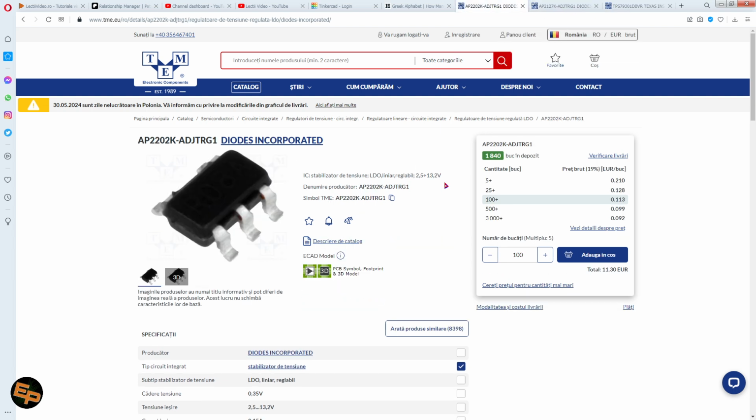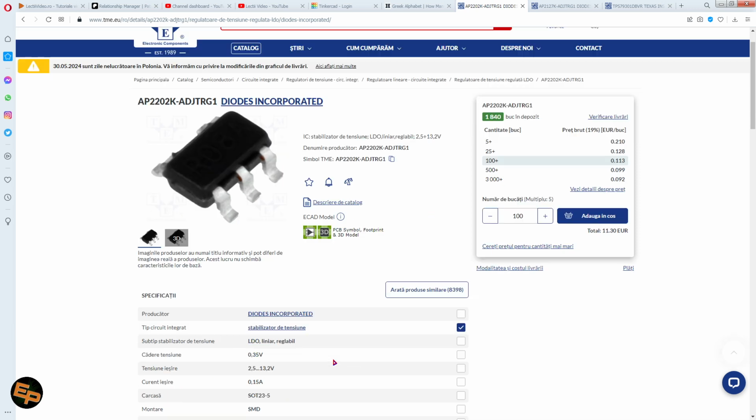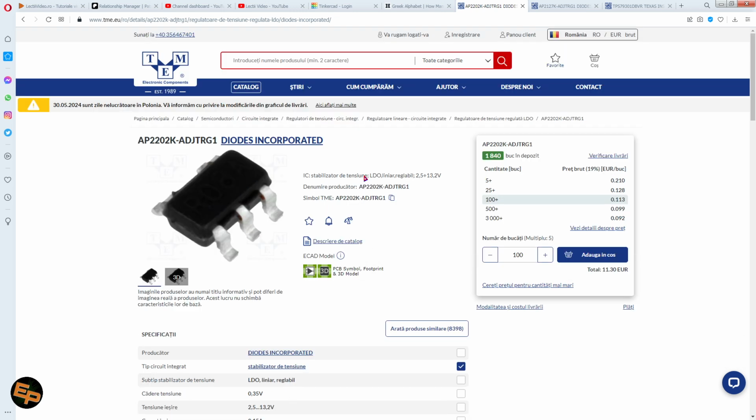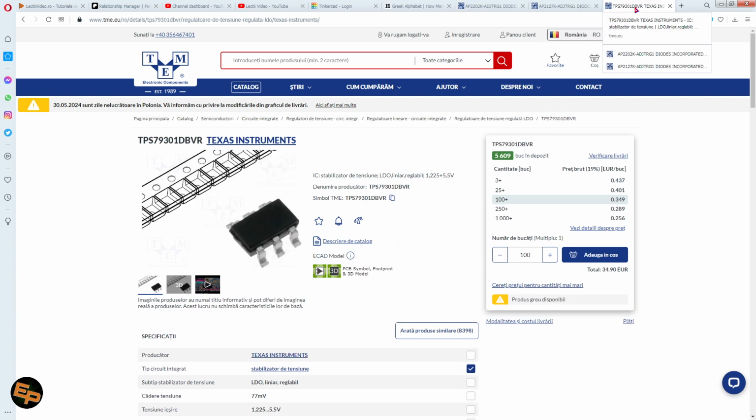All three of these chips come in SOT23 packages, and it is true that they are going to be a little bit of a pain to solder on a board. It's not impossible, but they're going to be a little bit more challenging to solder on a board. However, if you don't want to do that,